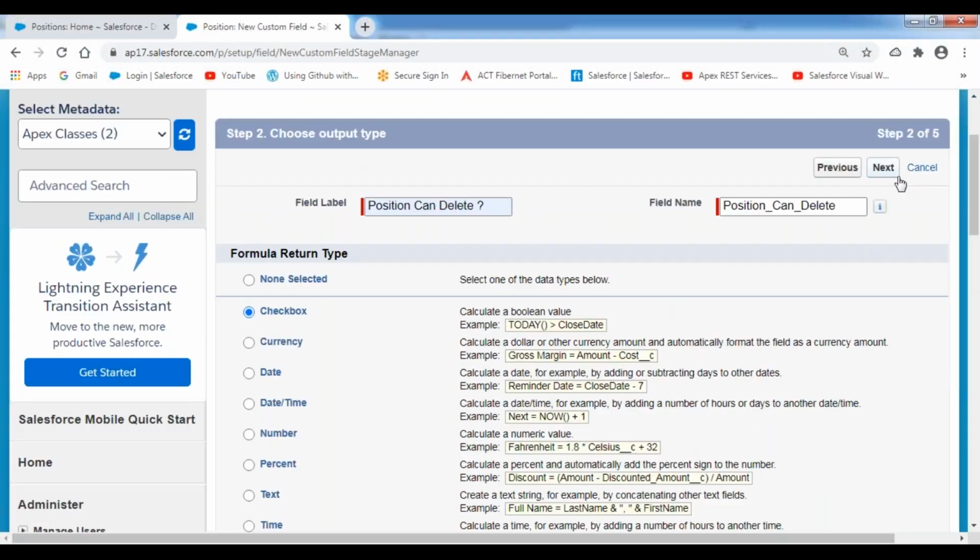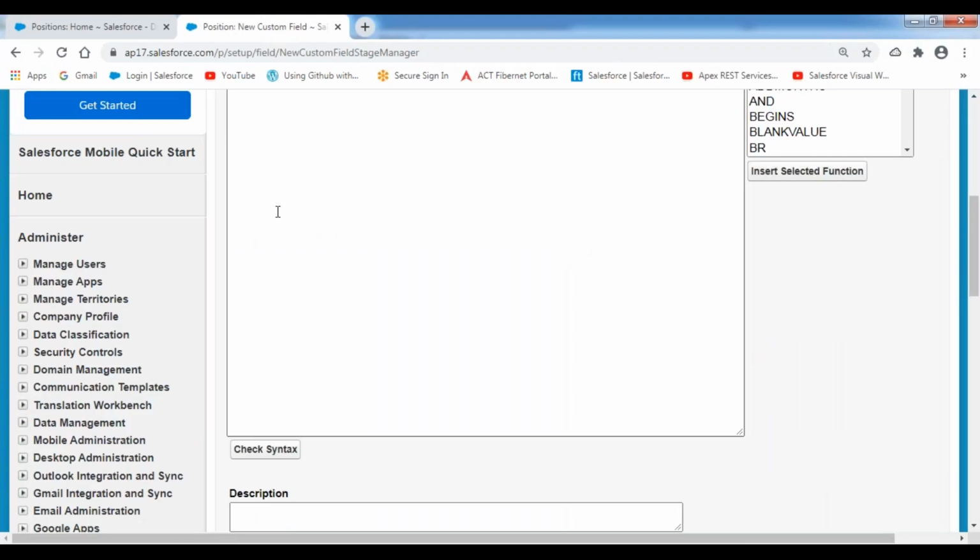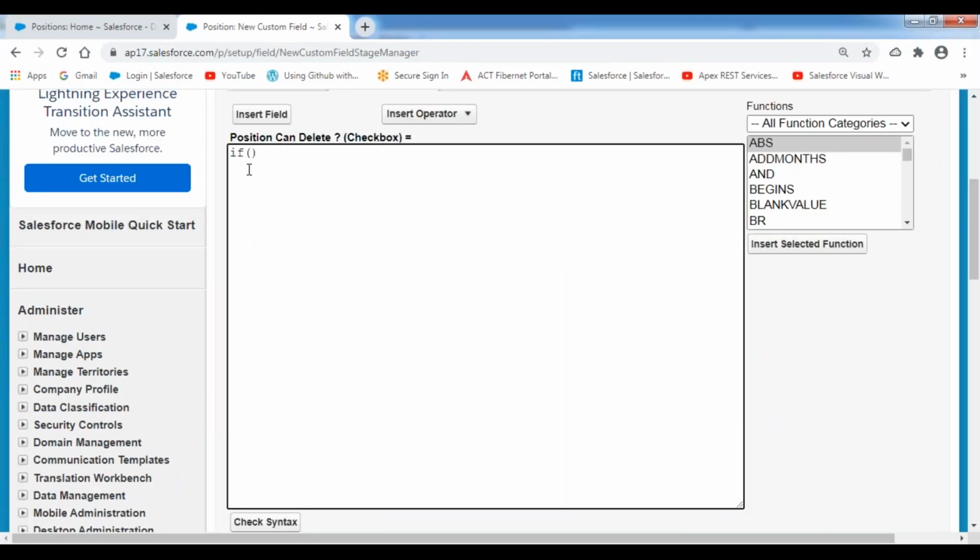Specify the formula condition here. What is the condition? I'm using the IF function. If today's date is greater than the milestone date, then I'm returning true, or else false. That means if today's date is higher than the milestone date, the milestone date has already passed. Then I want to indicate to the scheduled job, please remove this one. That means the checkbox is selected, or else it will return false.